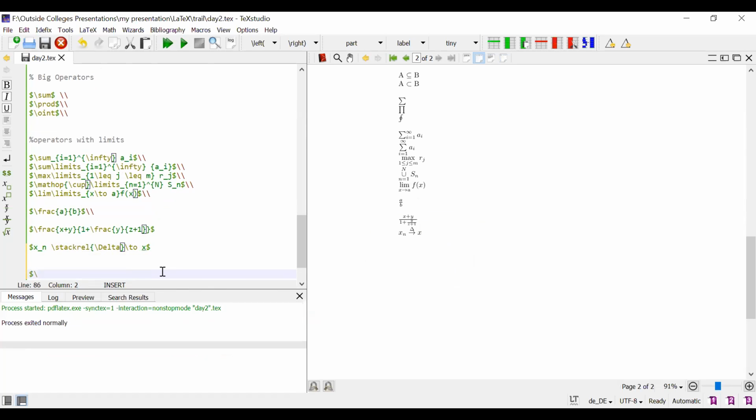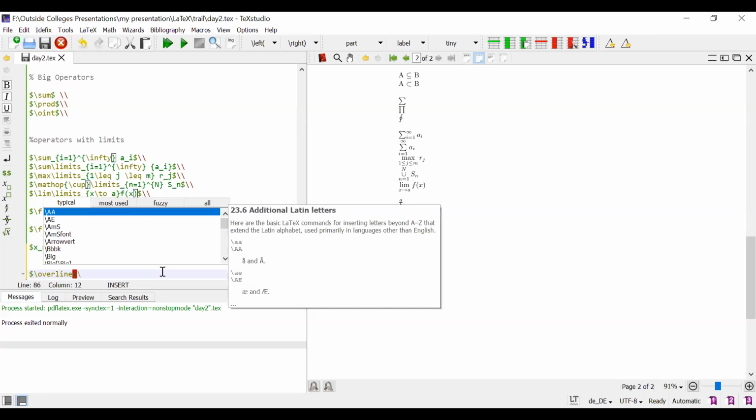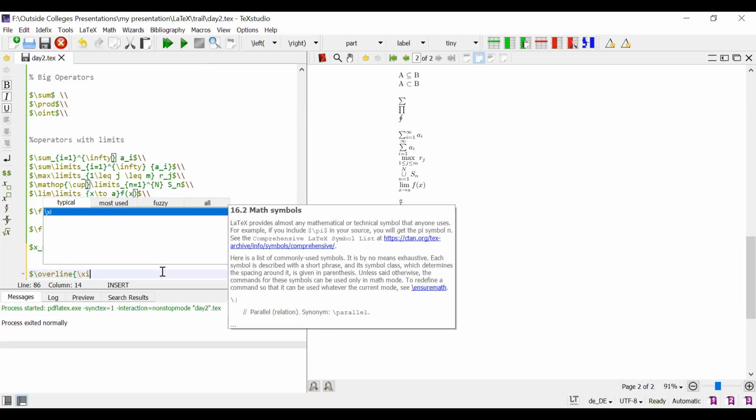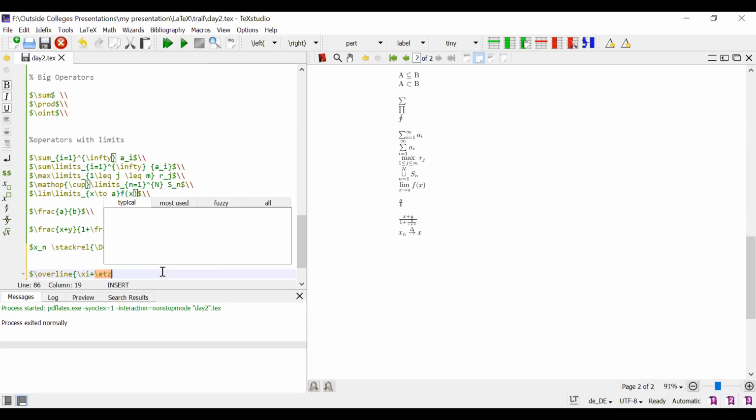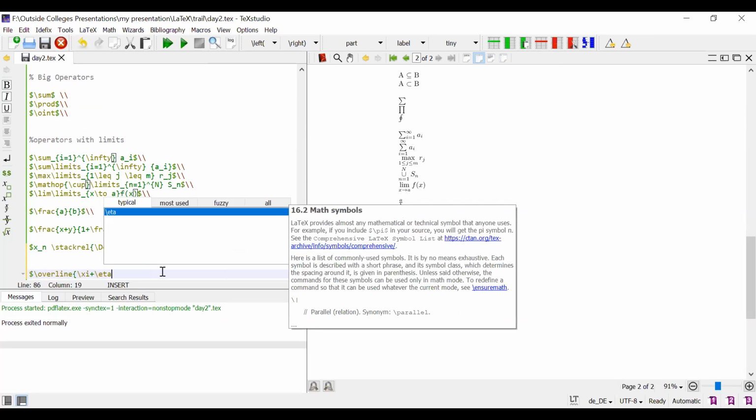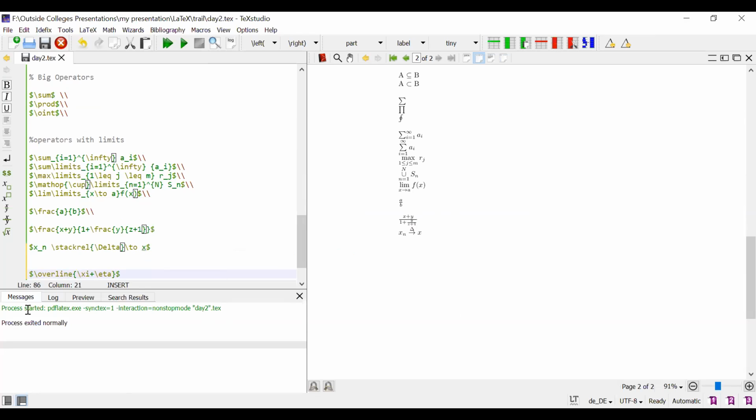Let's use overline, backslash xi plus backslash eta. So overline xi plus eta, psi.